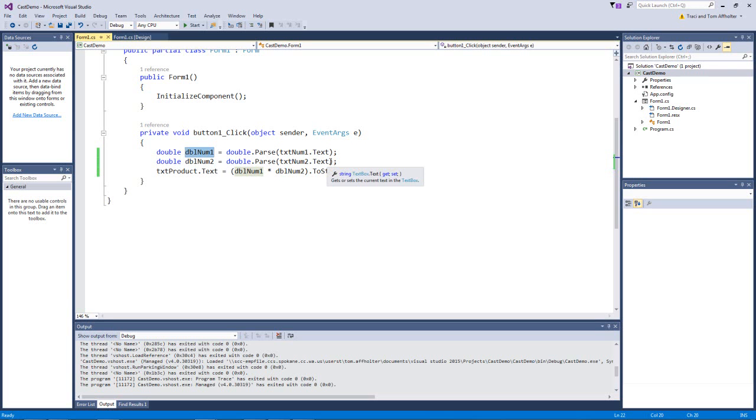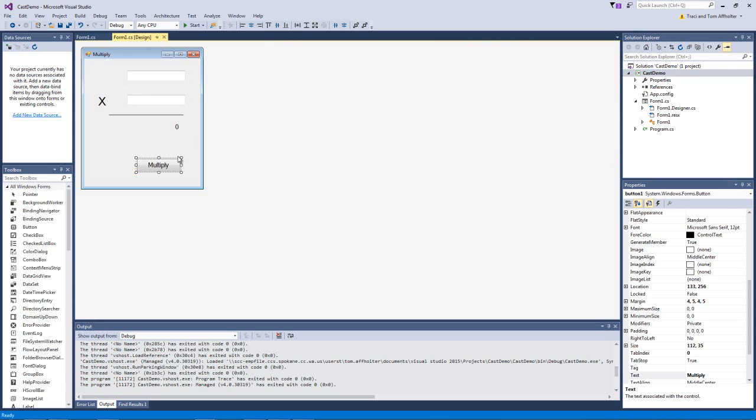I'm doing the same thing with the second number, reading it into a second double variable. And then at the very end, I take num1, these double precision numbers, times num2, get the answer for that. I then ToString it, and I move it back into the text property of the text product,